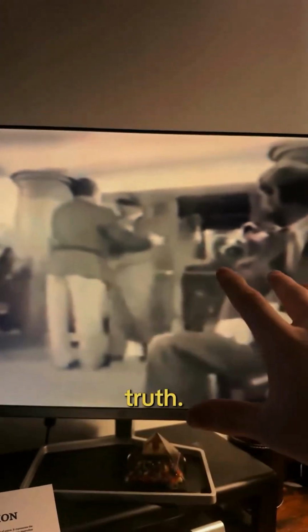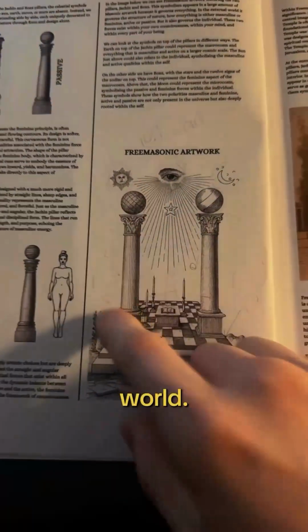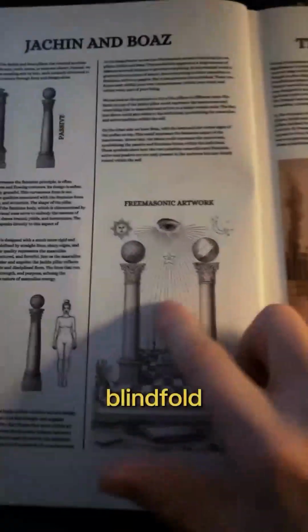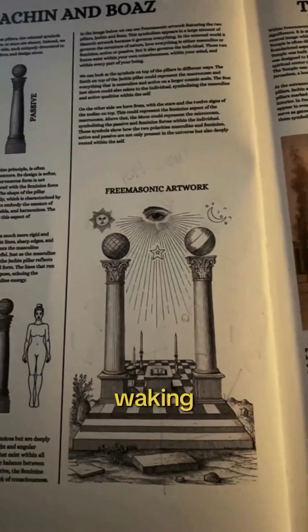So he's wearing a blindfold because he's blinded to the truth. His whole life he's been looking outside himself in the physical world. So he's blindfolded and now he's brought into himself. Now he's going to get initiated into the mystery school. So when they bring him in, they'll eventually take the blindfold off him. And when they take the blindfold off him, it's symbolic of awareness in the mind waking up.